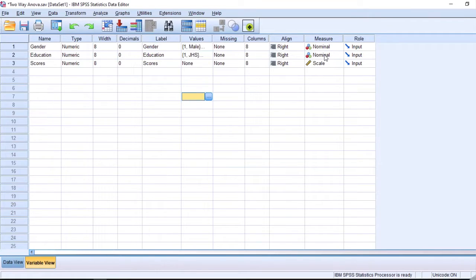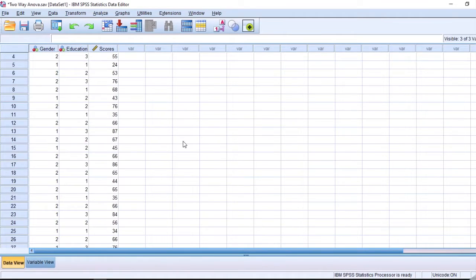And the measure is nominal and scale. Move to the data view. In this example, I have a data view. I have data from the internet of the test. This is the data.